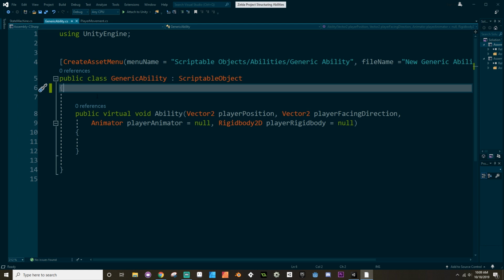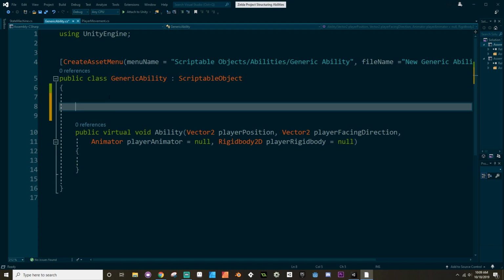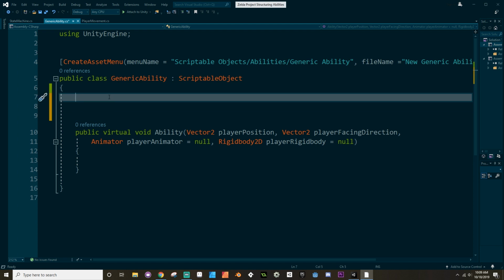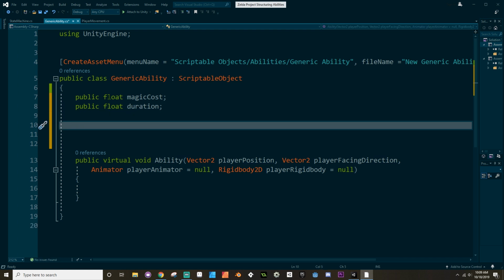Before I do that though, I'm going to add a few more variables to our generic ability. There's a few things that I'm going to want pretty much every ability to have, and if I don't want them to have it, I can just put them at 0. The first one is a magic cost, so I'm going to make a public float that I'm just going to call magic cost. Depending on if you're using a magic system, it could be stamina or whatever you're using. I also want to have a duration of the ability, which is going to be a float, and I'm going to use this in the movement in order to create a coroutine that waits a certain amount of time before resetting the player's state, so that we don't accept any input during